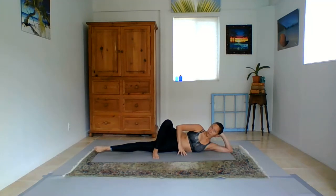Good. Last one here. We'll hold it at the top. Higher forward. 1, 2, 3, 4, 5, 6, 7, 8. 8 more. 9, 10, 11, 12, 13, 14, 15, 16. Bring it down. Go ahead and point the foot, and drawing a rectangle, you go front and lift and back